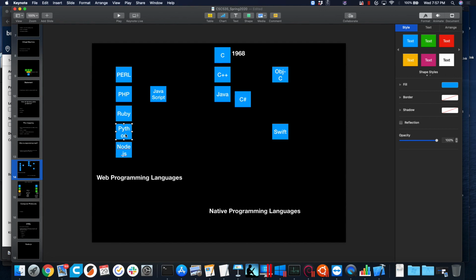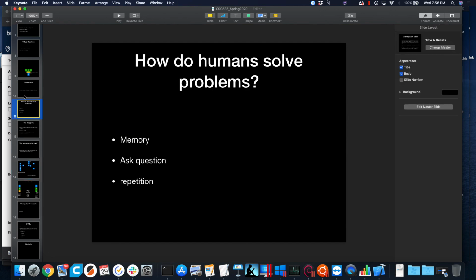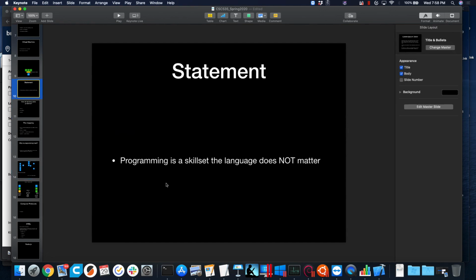So we look at it also, it's a good first language to work with, and I'll kind of tell you why I think it's a good first language. Several of you have mentioned you've worked with Python before, so we'll see when we get to that point if you can guess why I think it's a good first programming language, especially when you consider this slide right here where I've said the language doesn't matter. So maybe brainstorm that for a bit. All right.